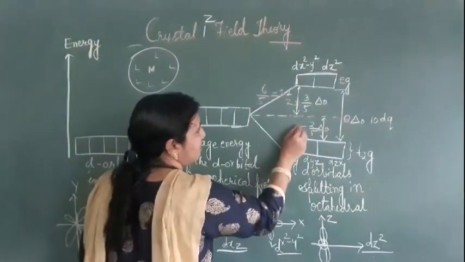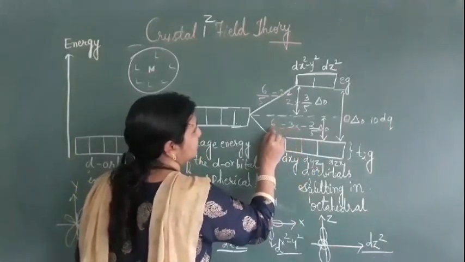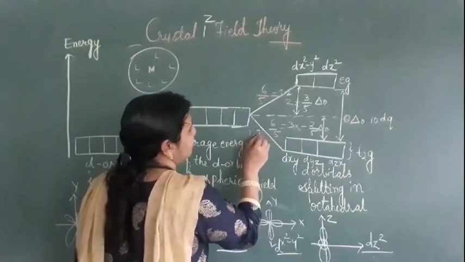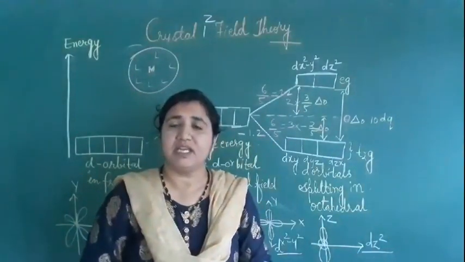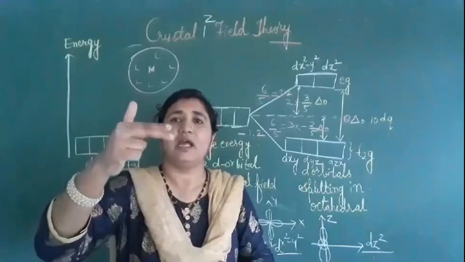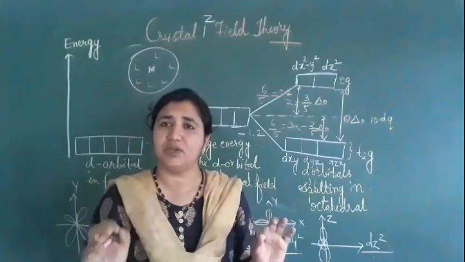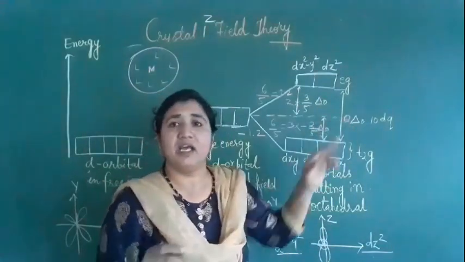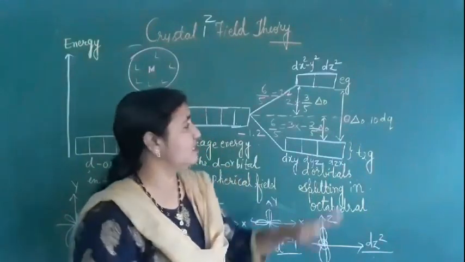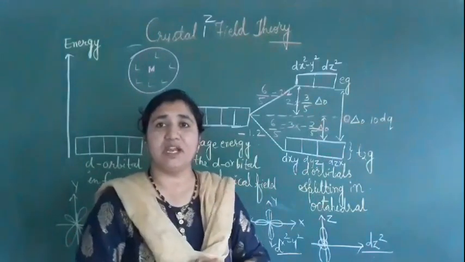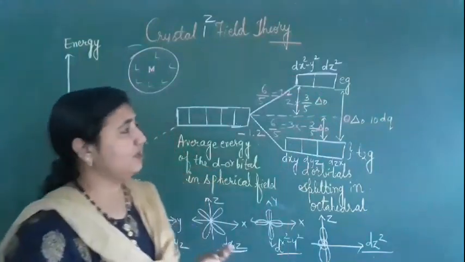And here how many orbitals do we have? Here we have 3 orbitals. Multiply by 3, it is 6 by 5 here. And here also we are getting 1.2. Minus 1.2 plus 1.2. It means that however much energy increases, that much energy decreases. So the overall energy will be 0. Energy is neither created nor destroyed, it is the law of conservation. That law applies here. That means however much energy increases, that much energy decreases. Okay.